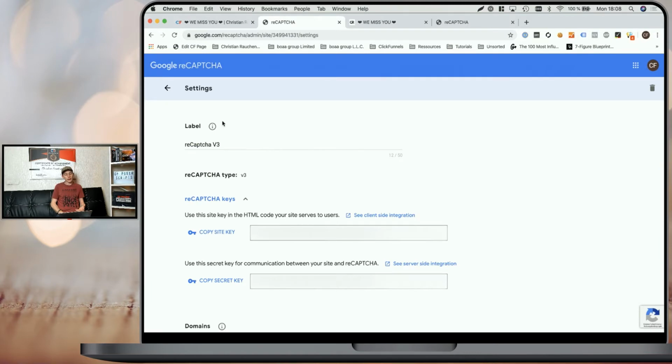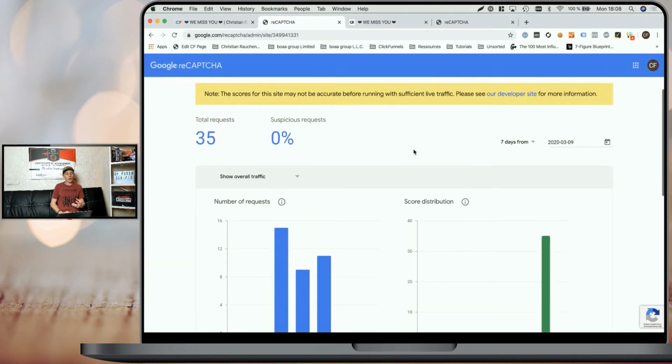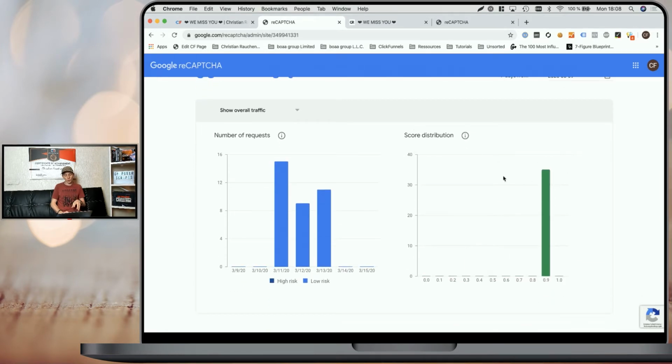Now, once that's done, the last setting that we need is the minimum score. And if you look within our test reCAPTCHA here, you can see the score distribution of our tests, where so far all our requests had a score of 0.9. That is also the biggest difference between reCAPTCHA version 2 and version 3. In version 2, Google decides or tries to determine if somebody accessing your page is a human or a bot. And in version 3, Google leaves the decision up to you.